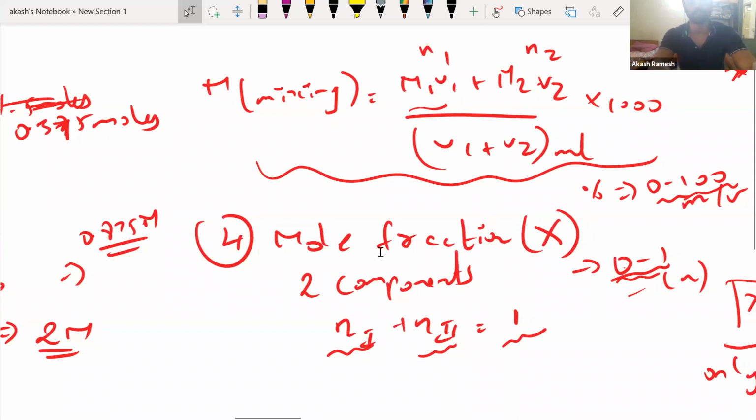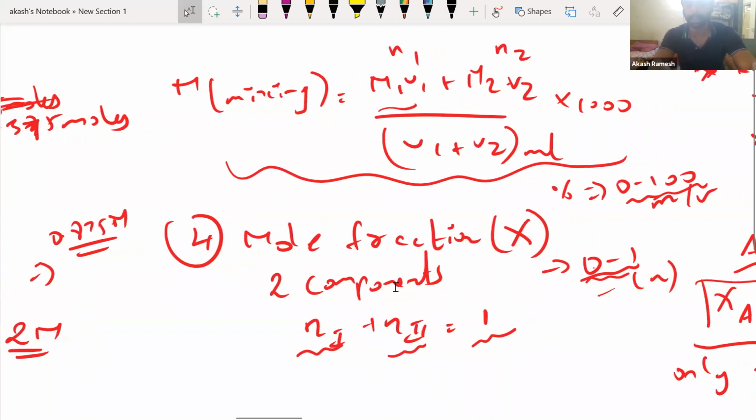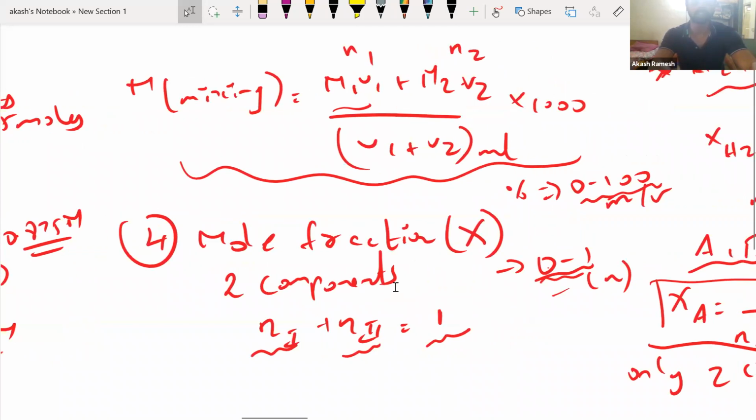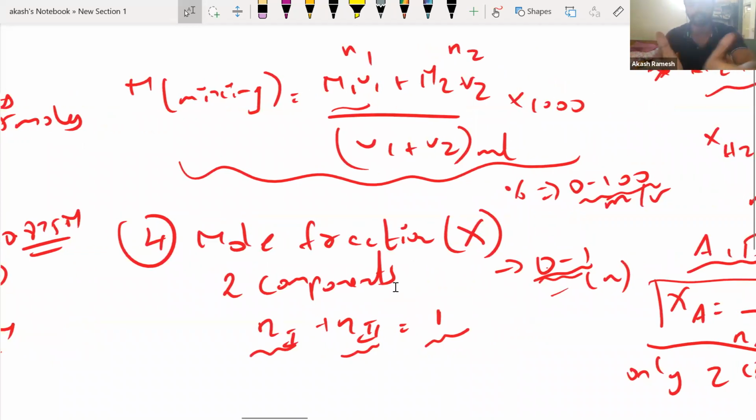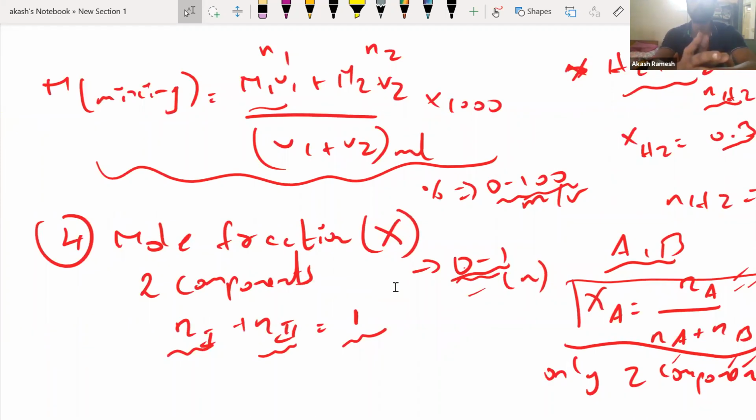Then we went on to see what mole fraction is. I told you that mole fraction is basically, if I have a mixture of n components and I add the total moles of all the components and take that as 1, then in that total 1 mole, how much is the number of moles of one particular component. It's the same as mass percentage, except that I'm going to use moles. The second difference is that it is not in terms of percentage but in terms of fraction, so it is going to be between 0 and 1.